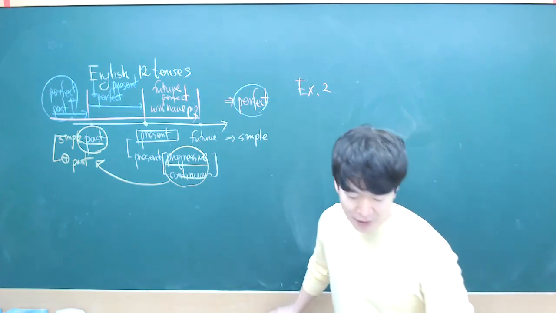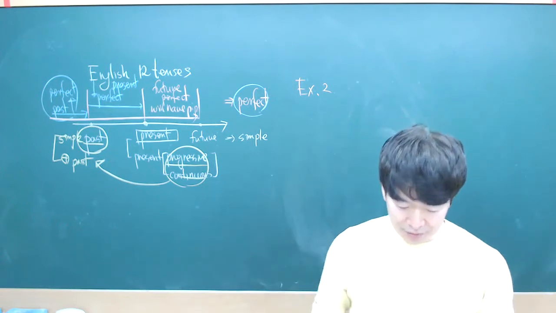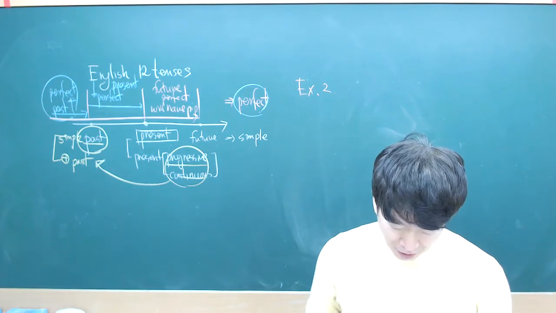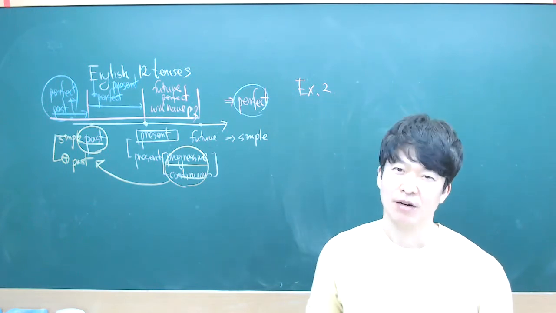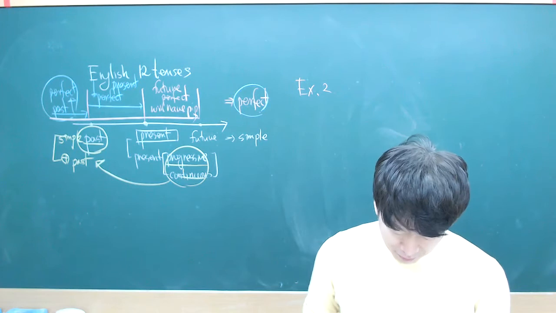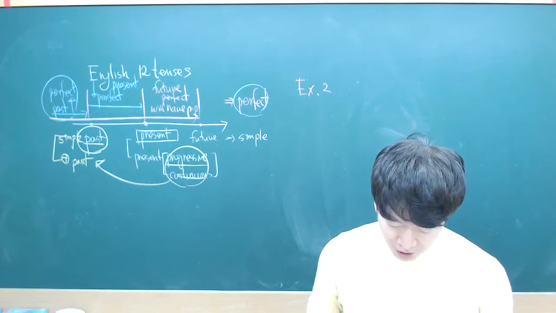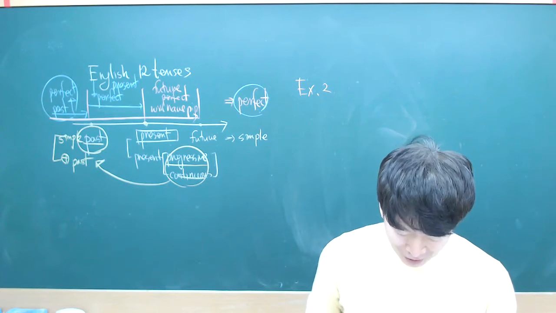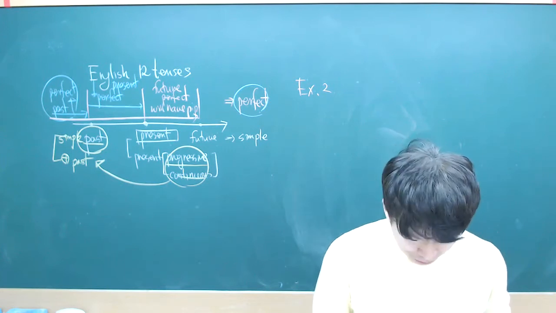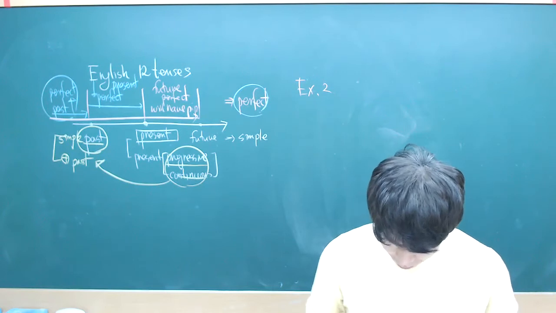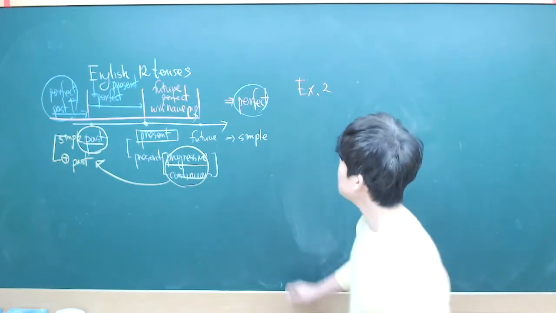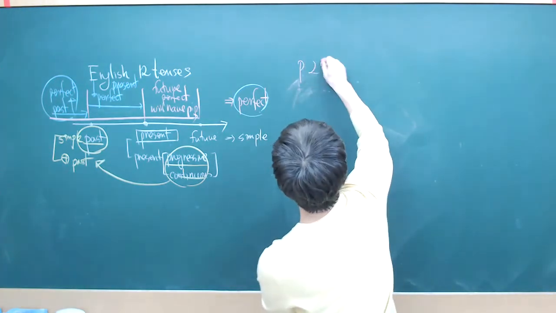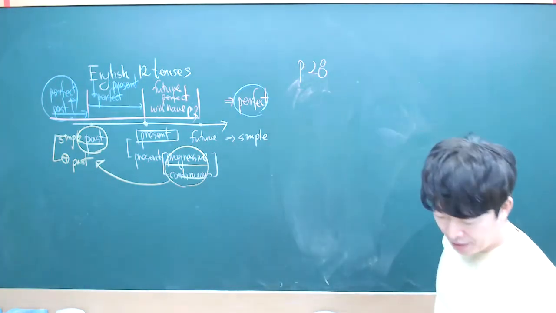Page 27 is an exercise for couples. It must be done in a class setting. Unfortunately, we are not offline. We are online. So let's move on to page 28, 2-8. Page 28 and